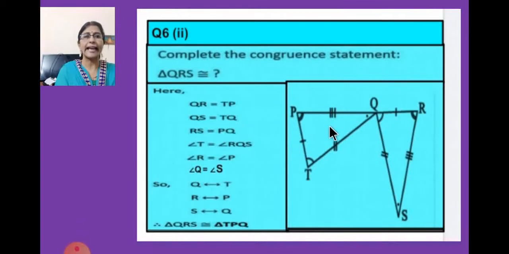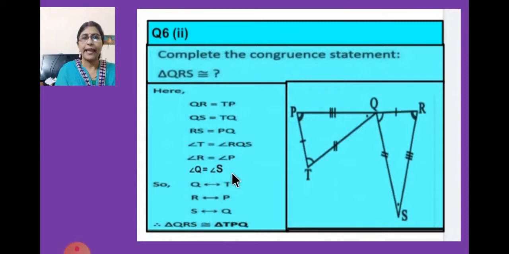And now we will see the angles. Angle T. Angle T is this one. You can see with one small arc and here also one arc is there. So we can name it as angle RQS. So angle T is equal to angle RQS. Then we'll take angle R. Angle R has 2 lines here, you can see here. So angle R is equal to, here also you can see there are 2 lines. So angle R is equal to angle P. Now here you can see this is one dot given, that means this angle is equal to this angle. So that also we will write angle Q is equal to angle S.